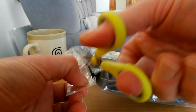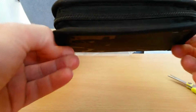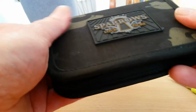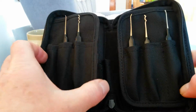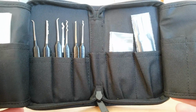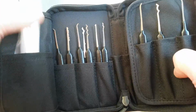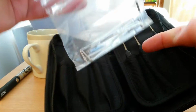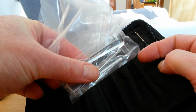So this is me, like a child at Christmas. Super excited. That's the camouflage kit. Feels nice. It's got the rubbery thing on the front. So inside we have a nice bunch of rakes, a nice bunch of hooks, the 1, 2, 3, 4, 5, 6 tension wrenches,